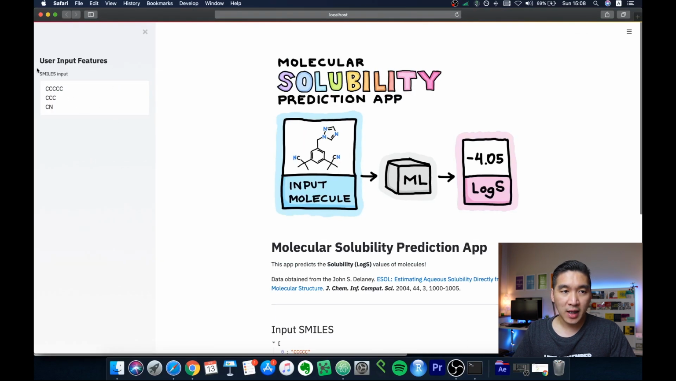Okay, so the left-hand side here is the input parameters, which is the SMILES input. It will represent the chemical information of the input molecule. So each line represents a different molecule. So we have 3 lines here as an example, and you could replace this with your own data. And then we will be able to predict the value of the solubility as a function of the input SMILES